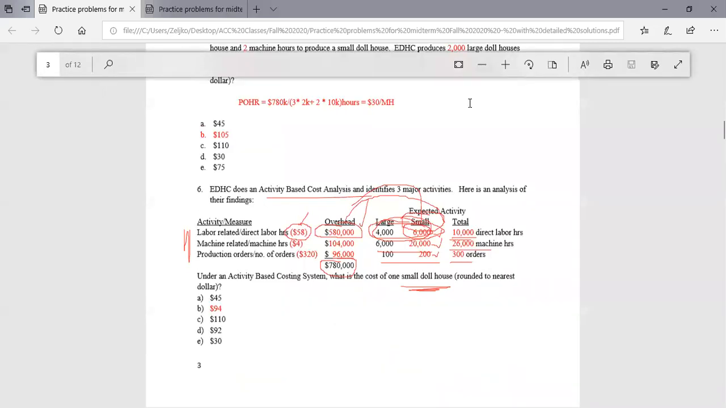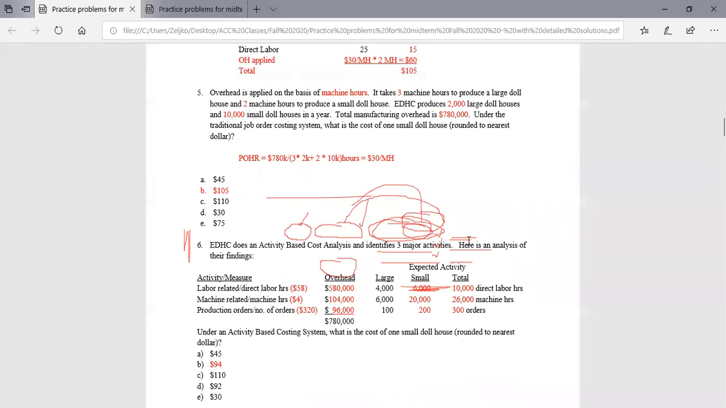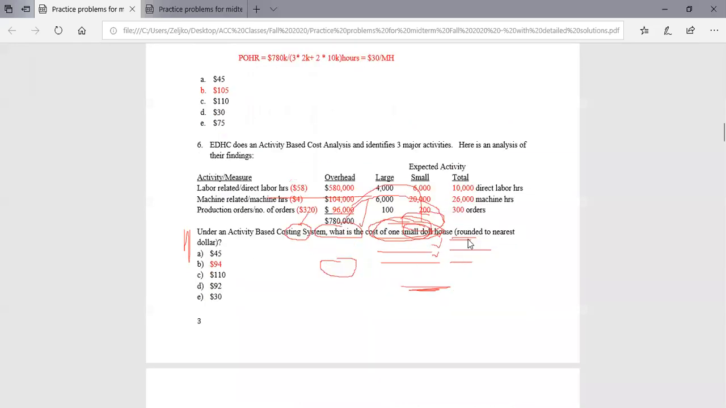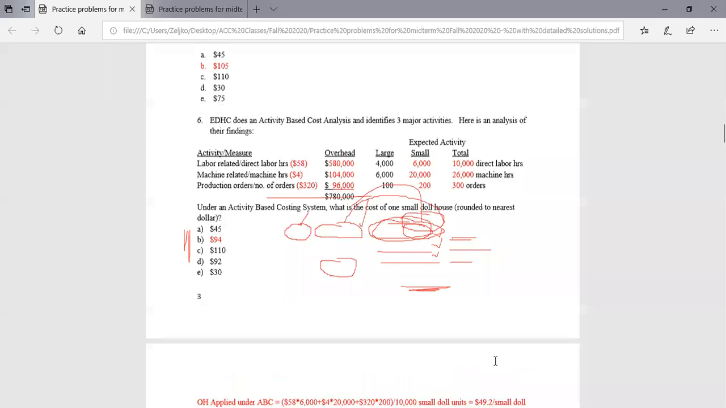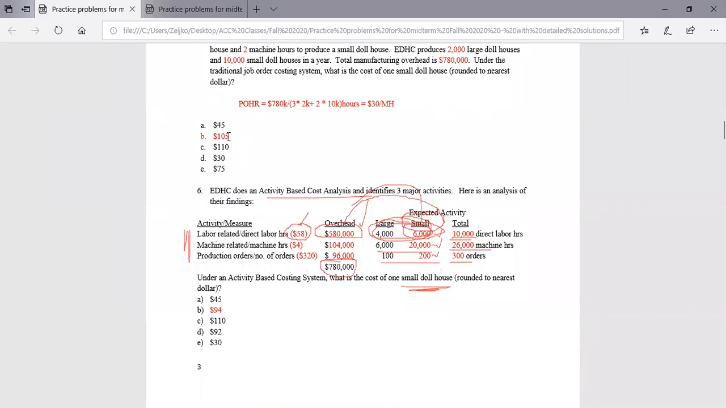Why? How do we know that 10,000? Well, we know it from here. 10,000 small doll units, right? And we will get 49.2 for the small doll house in overhead. Of course, labor and materials will stay the same, 30 and 15. But as you can see, our cost of the small doll house would go down to 94.2 instead of